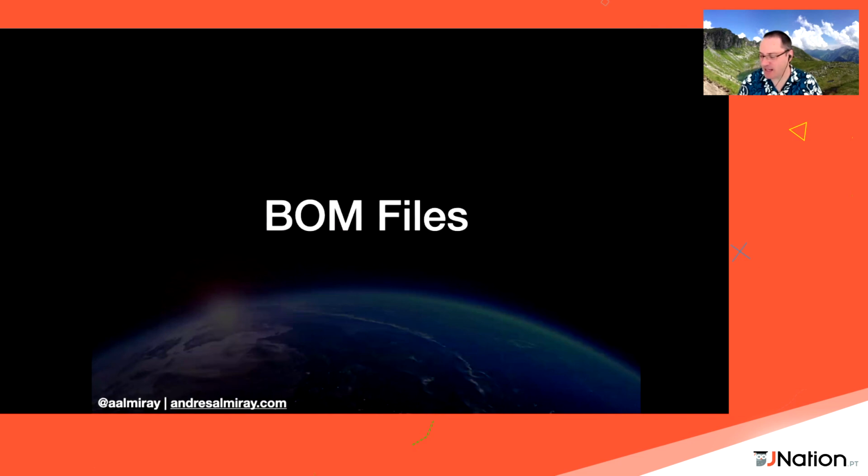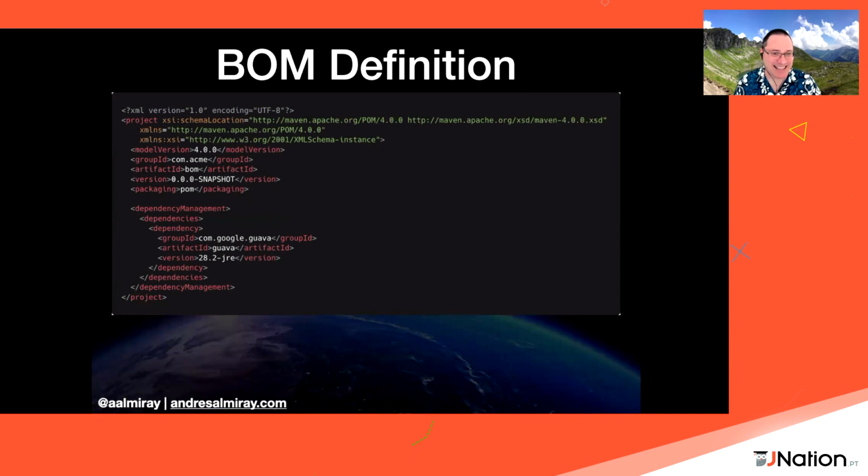And finally, BOM files. BOM files look like this. They have a dependency management block where you define, again, the GAV coordinates of your dependencies. The idea is that a BOM file should define only a dependency management block and GAV coordinates, and if you publish to Maven Central, any other element that is needed for publication to Maven Central, but you should not put a build section or a plugin section or something else. Unfortunately, there's no way to constrain this because a BOM file is a valid POM file as well.